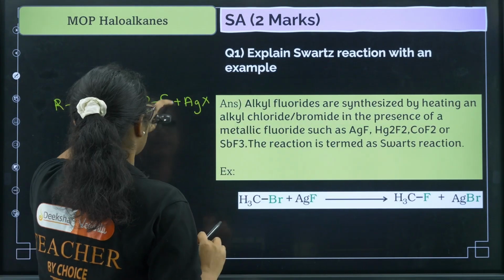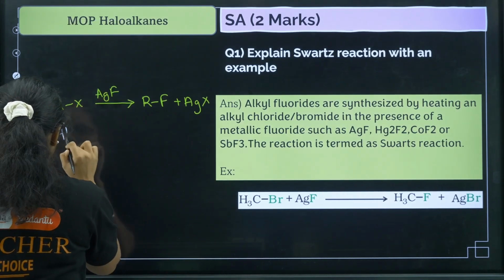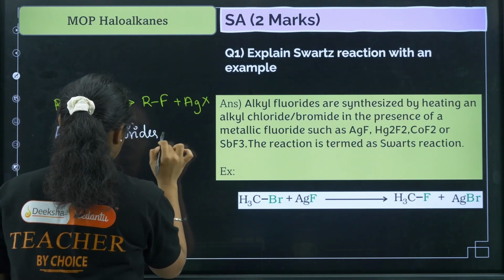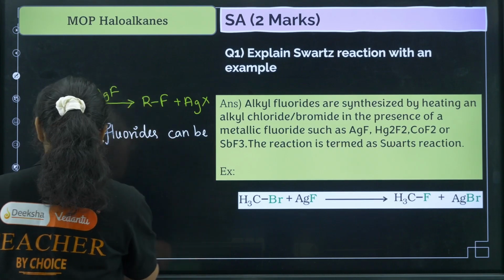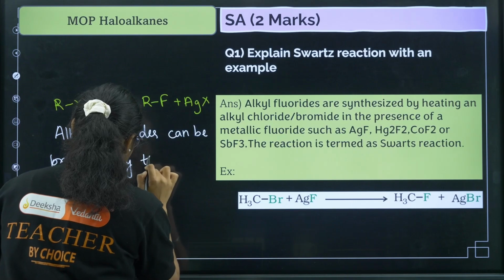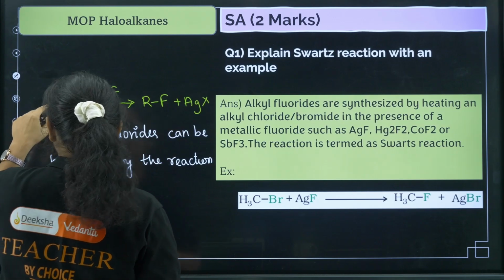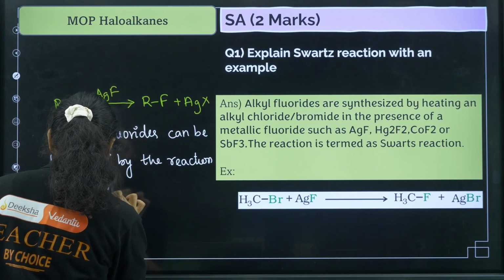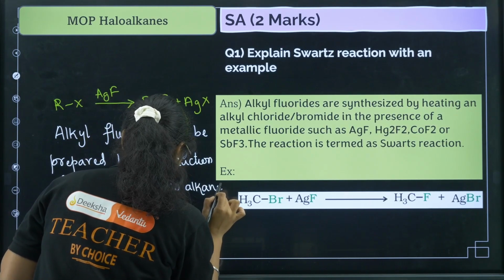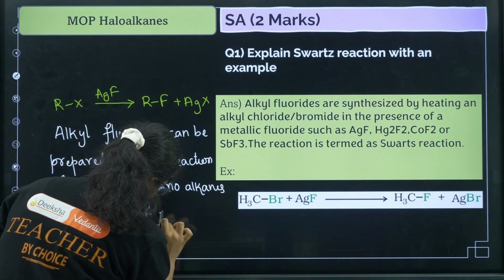You can write down alkyl fluorides. In my statement, if I am a student, how will I write? I know the reaction, I just need to write the statement. So alkyl fluorides can be prepared by the reaction of chloroalkanes or bromoalkanes. What is the reagent required here? In presence of metallic fluorides,